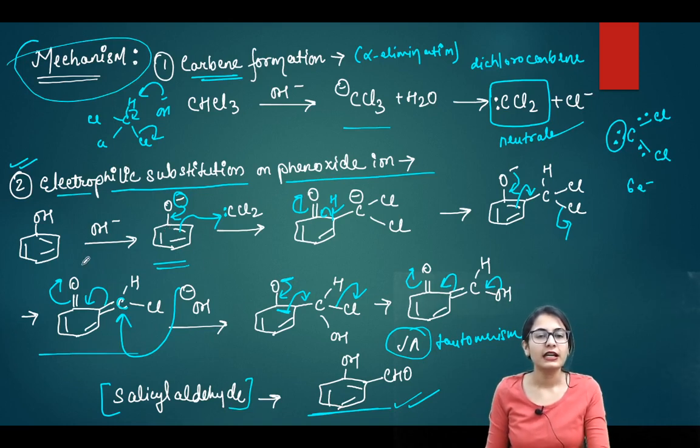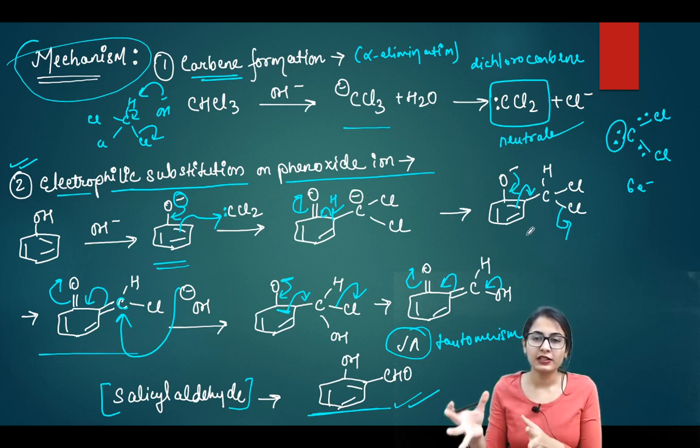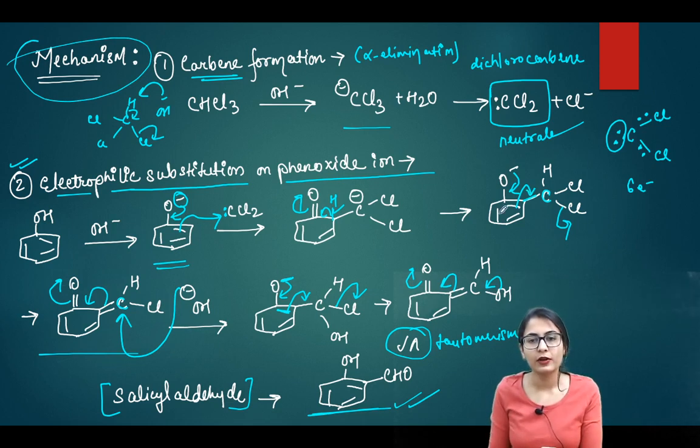The first reason is that the oxygen of the phenoxide ion is constantly helping, constantly indulging in the reaction with this carbon. So if the distance is smaller, it would be able to indulge faster, helping this carbon get away the chlorine and take up a hydroxy group, right? And the second thing is that there is also a very stabilizing intramolecular hydrogen bonding in this molecule. So these two are good enough reasons that you get a major ortho product.